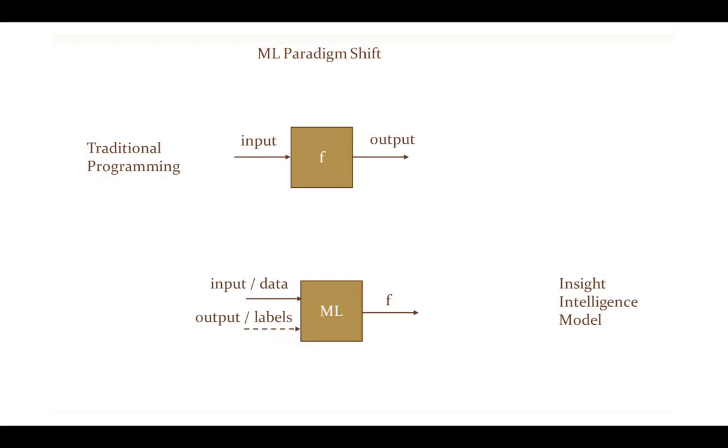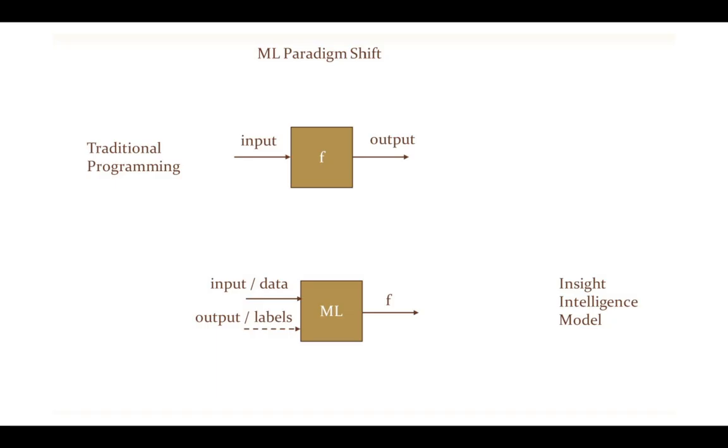And that is called labels. We'll also touch a little bit upon this, but when you have the labels in machine learning, it's called supervised learning. When you don't have labels, it's called unsupervised learning, where it's trying to find insight given the data. And what you get from this machine learning model is kind of a function.